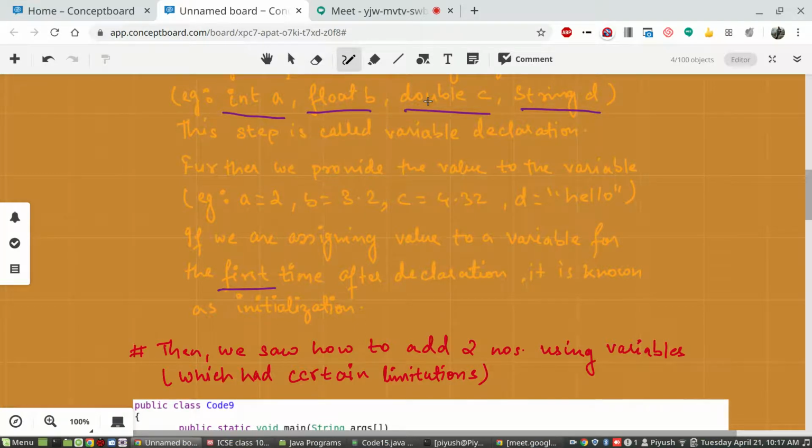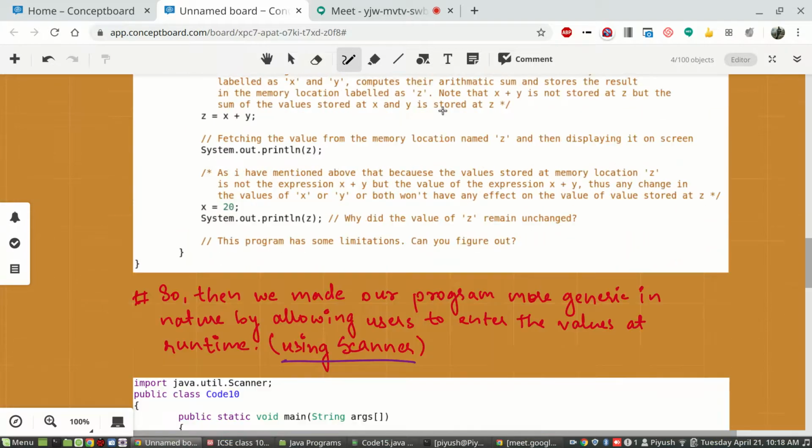Now you may think, if both double and float are capable of storing decimal points, why do we have two types? Why not use only one, and what was the need of the second type? So I'll have a one line discussion on them.